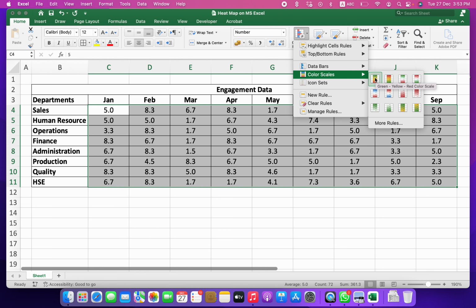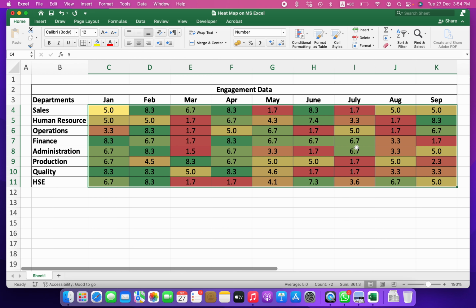But if the case is opposite, you are measuring something in numbers which is related to a negative value, or which is related to loss, cost, or any other such thing, you will select the second one, because in that case the higher number will be red. So the higher the cost is, the higher the loss is, it will convert it to red. But here, as we are using only engagement data, which is a positive number by its own quality, the data of engagement is always positive, so the higher number will be green. So I will just select this